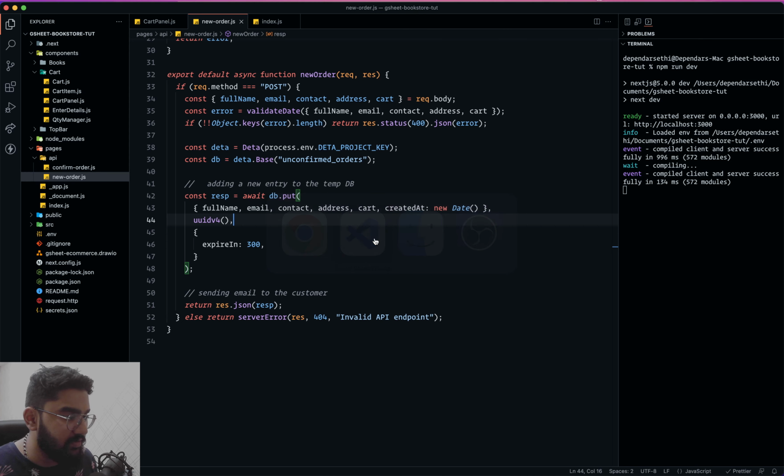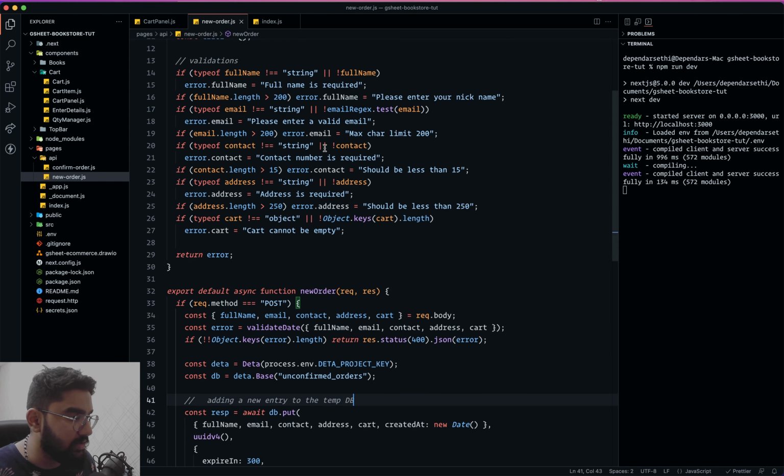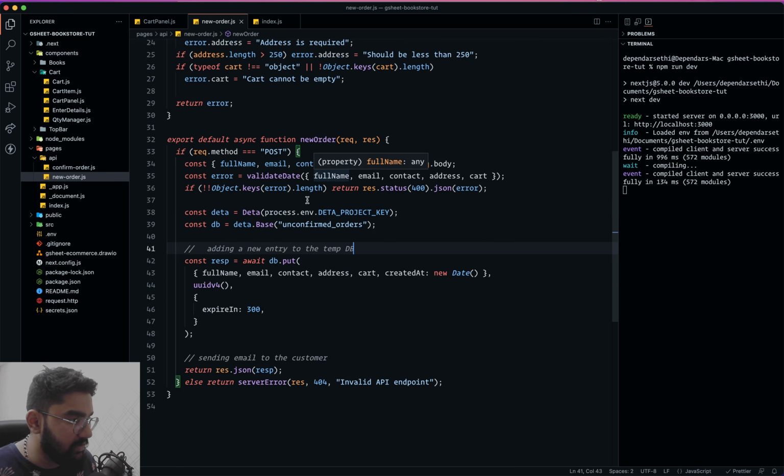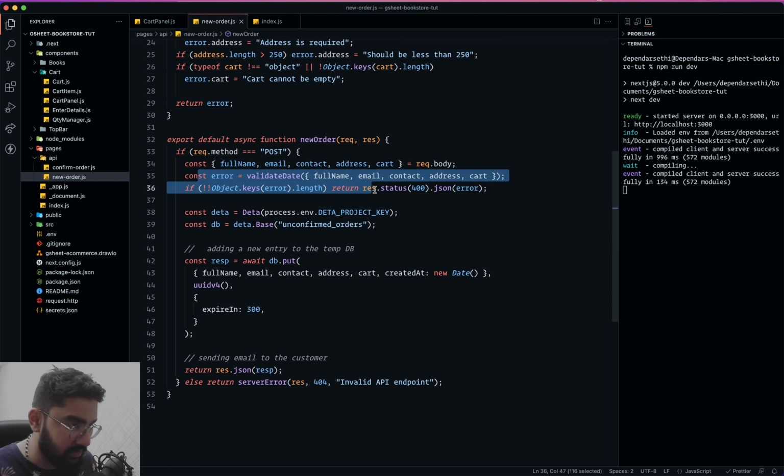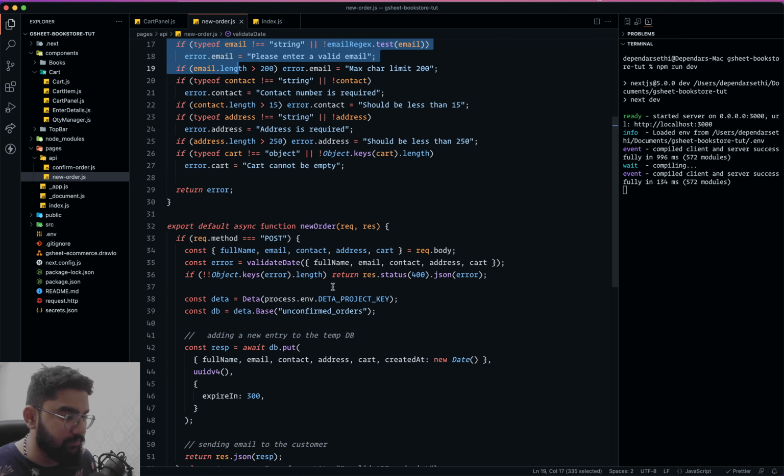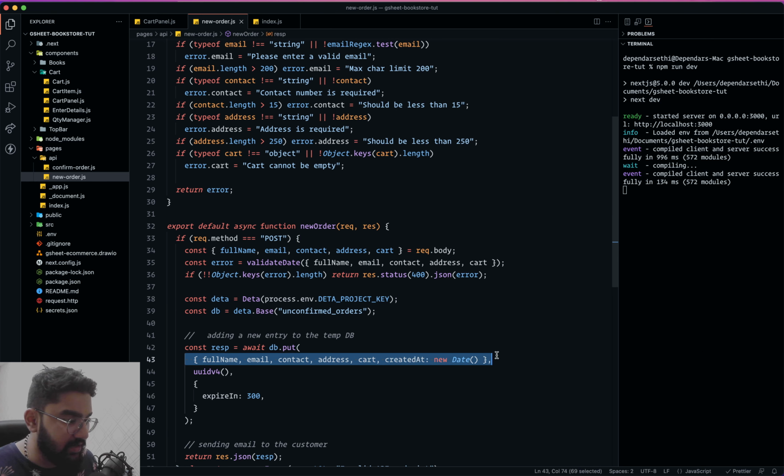So the very first thing that we need to do, let's head back to the editor, and within the new order API that we have, let's take a look at what we are doing. So we are getting some data from the request body, which we are saving in the database along with the created at, but after validating the data, pretty obvious, we are saving it, right? So at the time of saving it to the database, we should also be adding another field by the name of total amount,